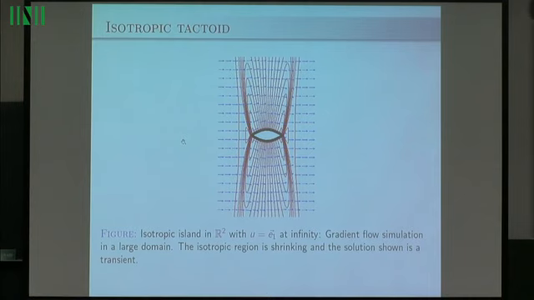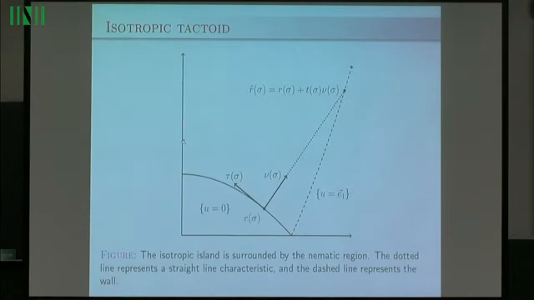So the picture that I'm showing here is actually transient. And so what you see again is a nematic island with singularities, with an interface which has two singularities and walls that go to infinity. So let me just mention this. So then in this case, if you assume that L is very large,